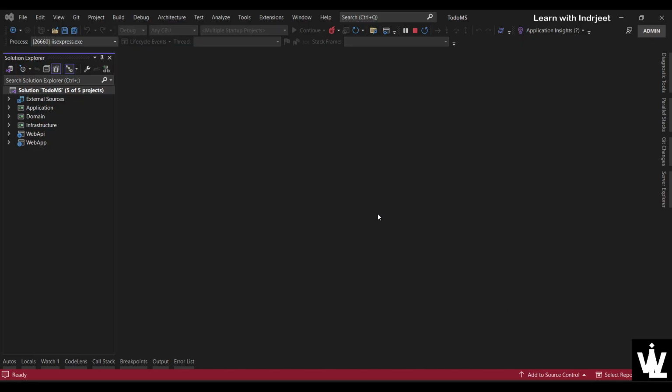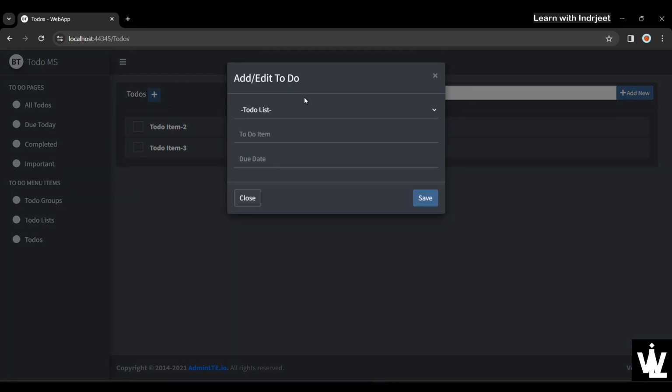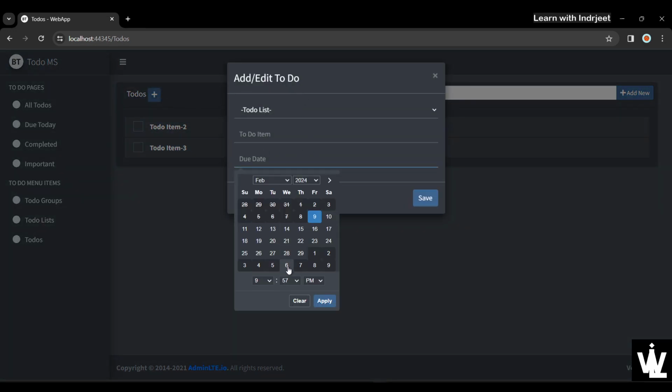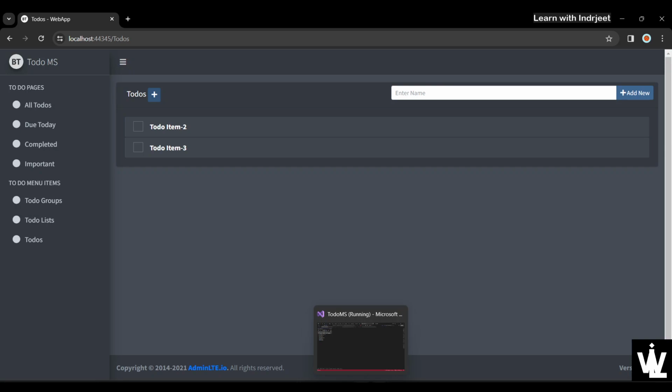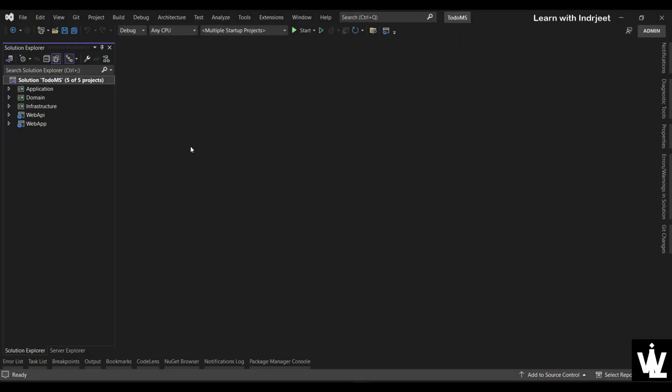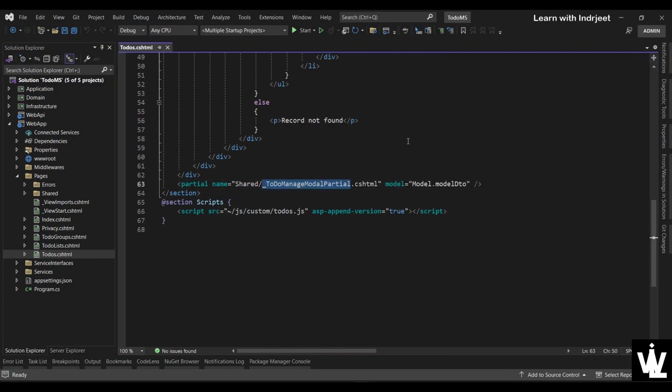So here we are in Visual Studio. I have got the application running, and on the to-dos page we have implemented up to due date. Now let's complete the UI part of this modal dialog, and then we'll move on to the functionality implementation. So let's stop it